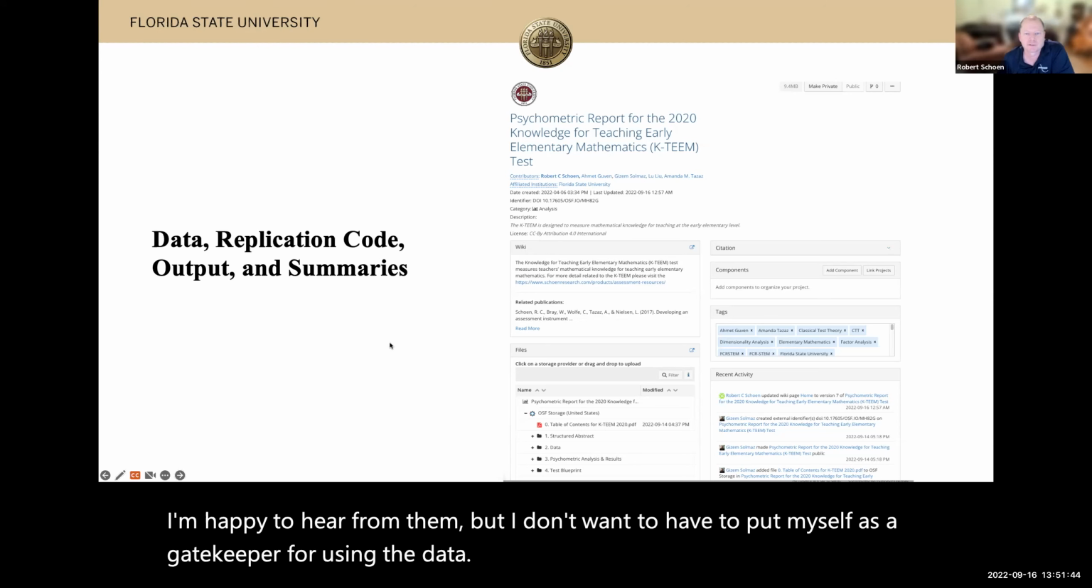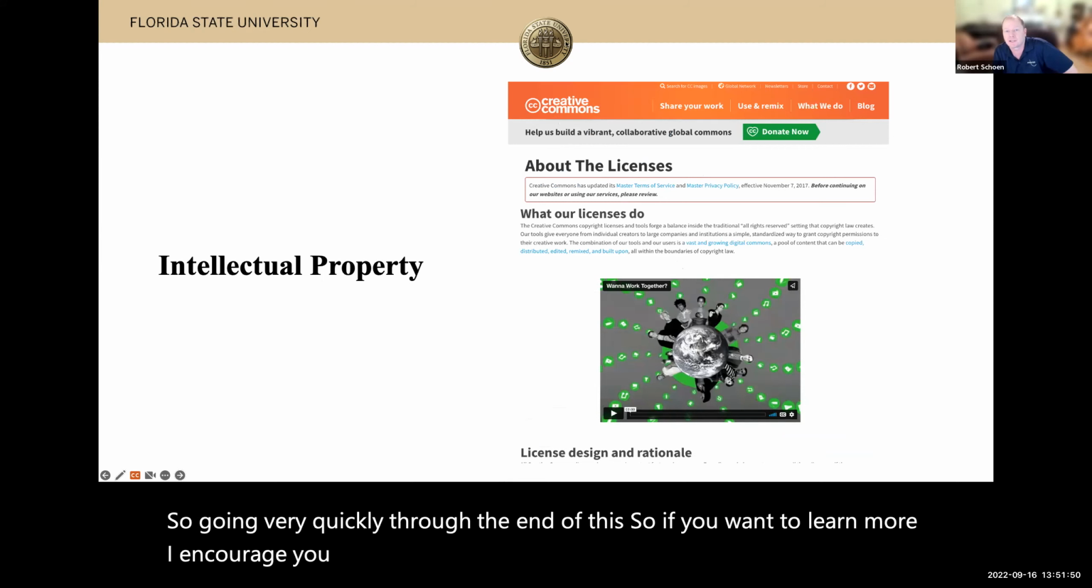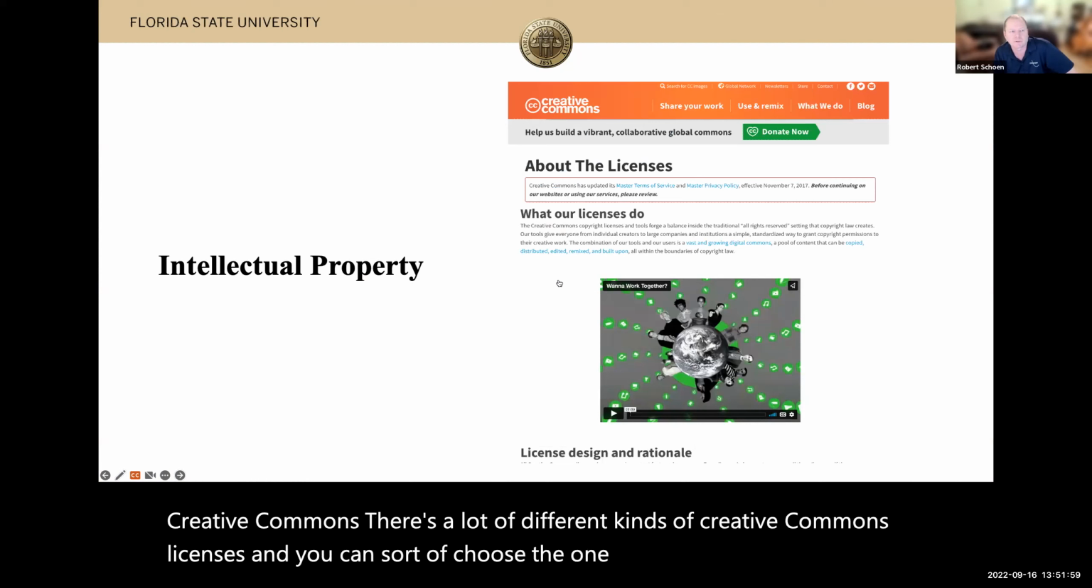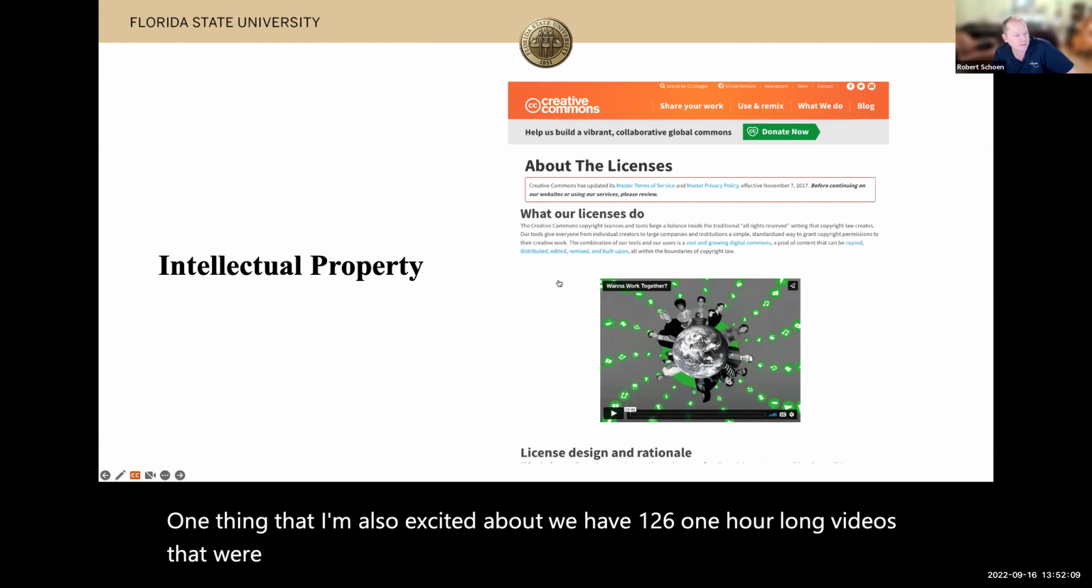So, going very quickly through the end of this. If you want to learn more, I encourage you to learn more about licensing, especially under the Creative Commons. There's a lot of different kinds of Creative Commons licenses, and you can choose the one that matches your preference. One thing that I'm also excited about, we have 126 one-hour-long videos that were professionally produced, of first and